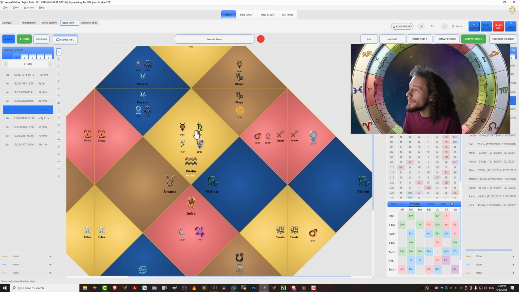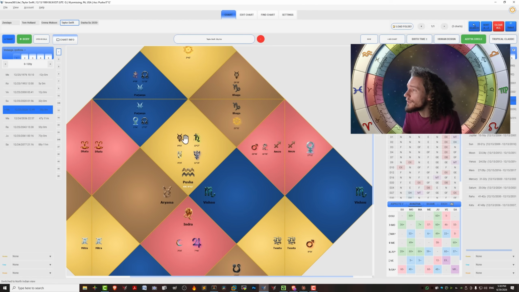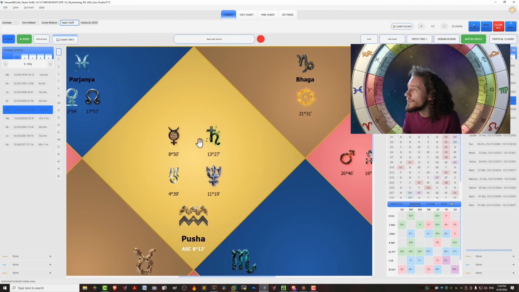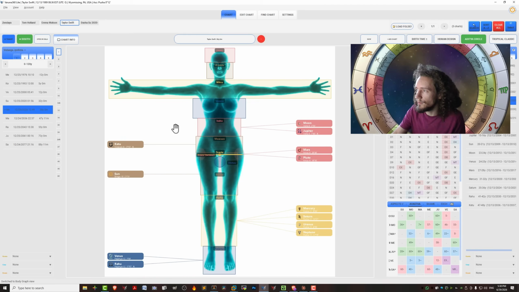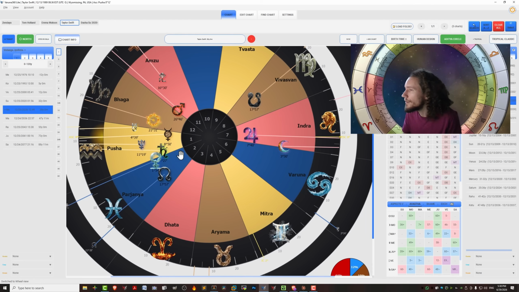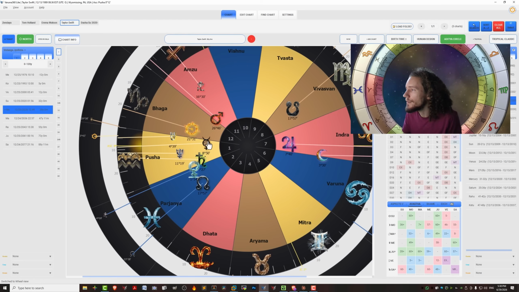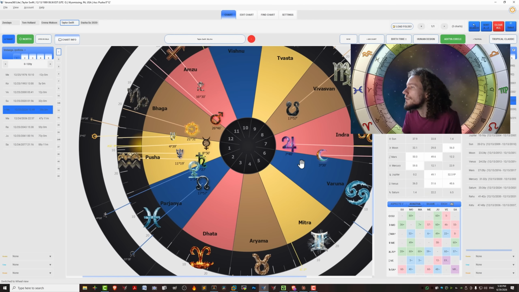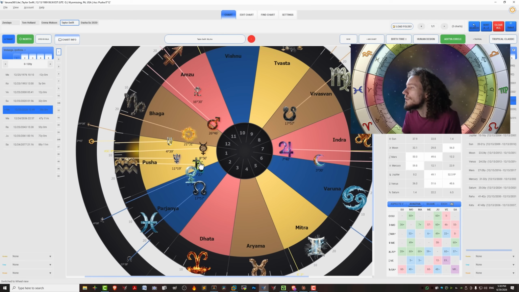For example here, what would be most obvious is how to interpret this Saturn and Mercury in the first house. But let's go back to the wheel chart so it's easier to see for most people. So here you can see that she has Mercury and Saturn there. And if you're a beginner, the easiest way to understand and interpret a chart, a conjunction, is to actually use the Avasthas. So here we can see that